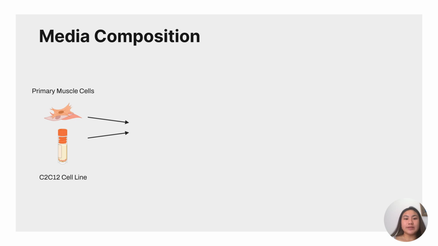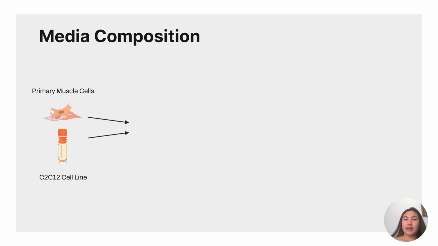Focusing then on the media composition, we tested our media by culturing chondrocyte media and muscle cell line media on primary muscle cells. We used primary muscle cells taken from surgeries at Slocum Orthopedics, so they are actually patient samples, and we cultured them alongside a C2C12 myoblast cell line. This is a well understood, well researched cell line, so we'll use this as a control to our primary muscle cells to see how these two different cell types interact to chondrocyte and